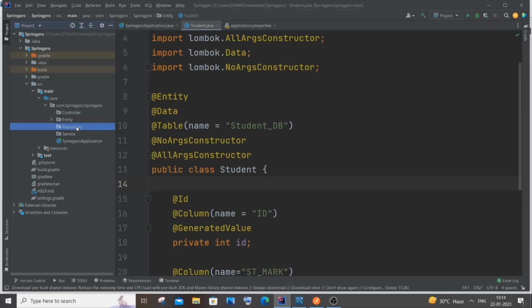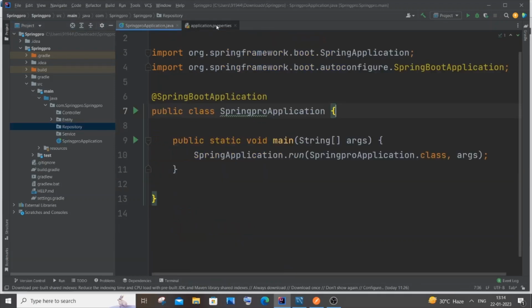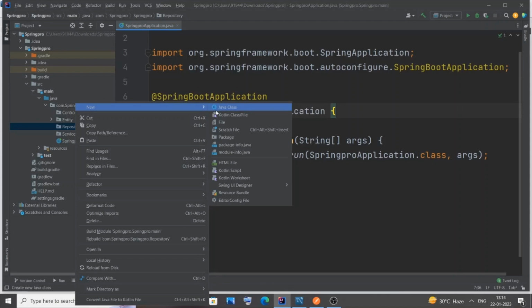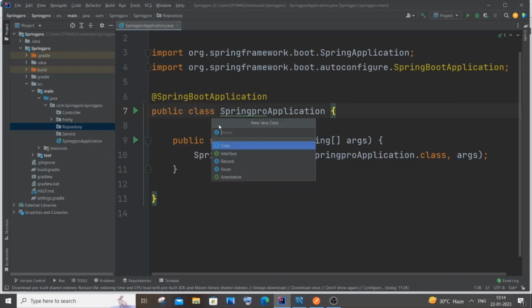So just come to your repository folder. Now we are done with our student.java. I will just close it. Okay, just close this as well. Yeah, and I'll just come to repository, right click, new. It's going to be of Java class, but it's going to be of type repository. Okay, I will just name it as